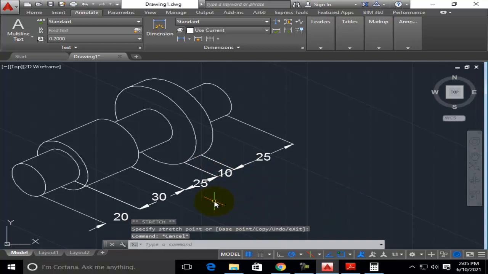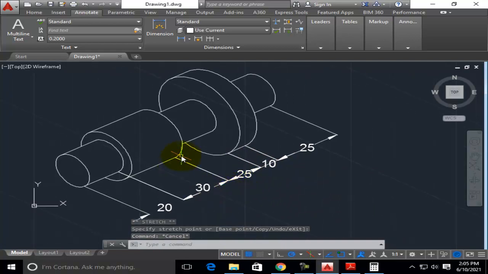Now it is okay. I have completed dimensioning this component.